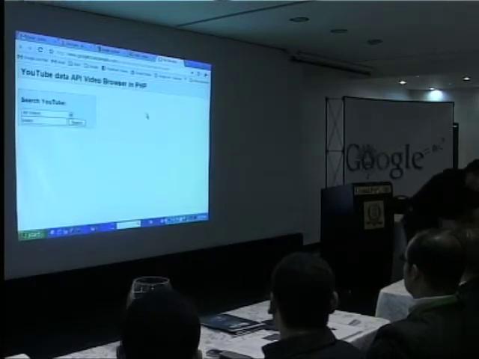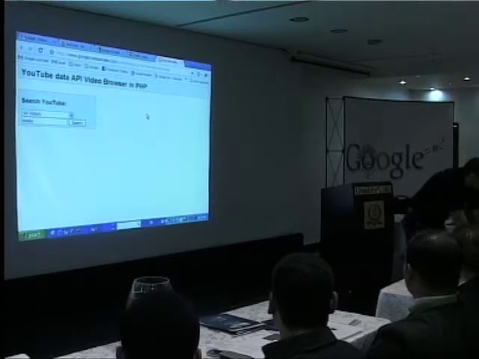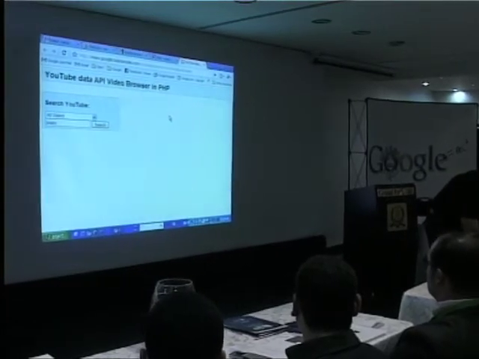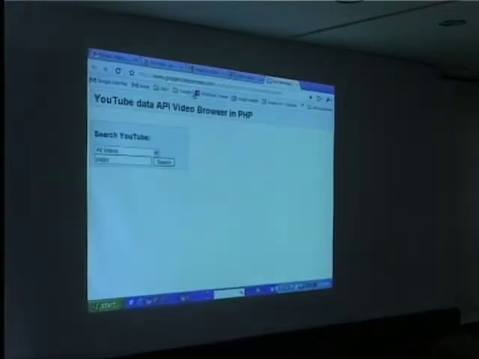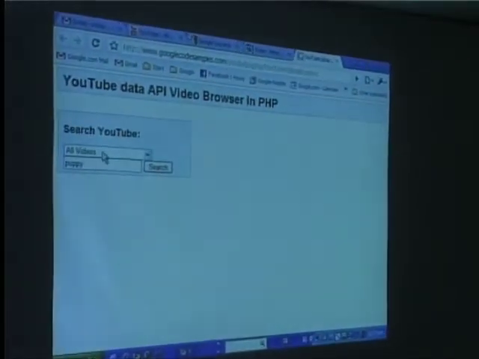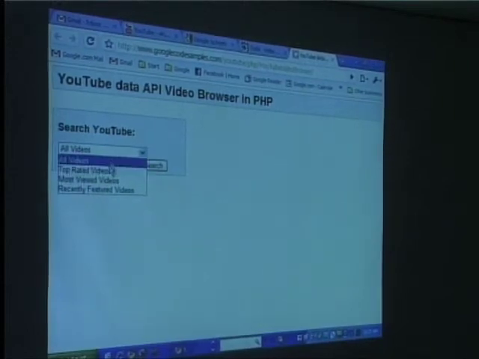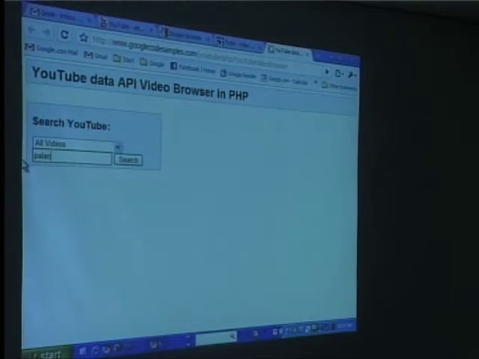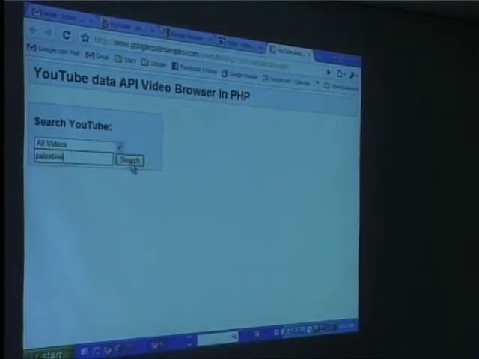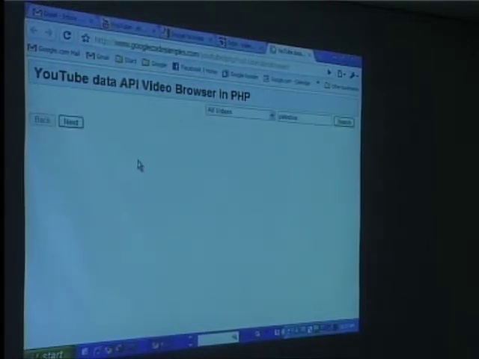Okay, so here's an example of searching specifically for YouTube videos. This is basically done in PHP, so the code behind this is available online at googlecodesamples.com. So here you can basically change the dropdown and do the search for whatever you want. For example, if we type Palestine here and do a search